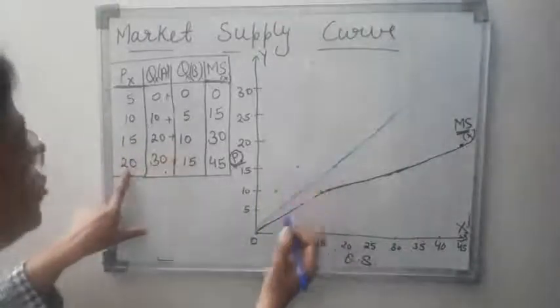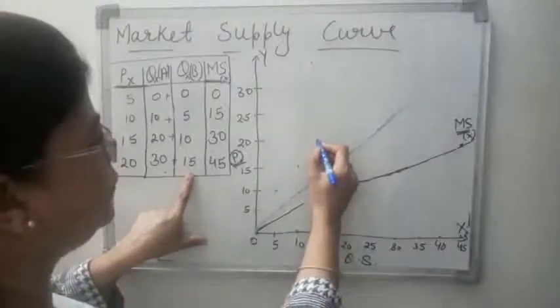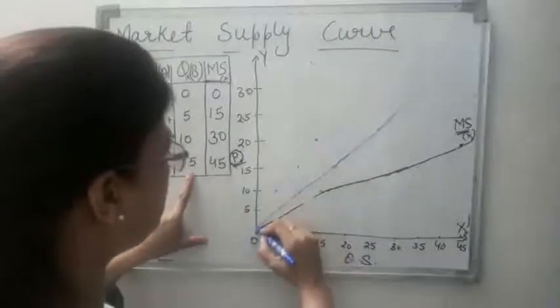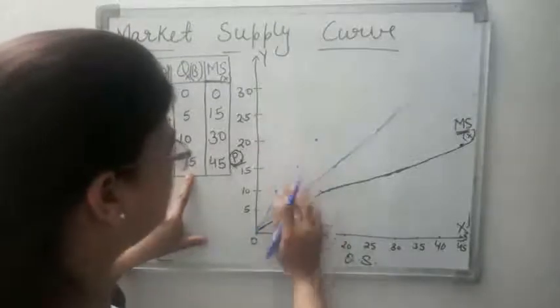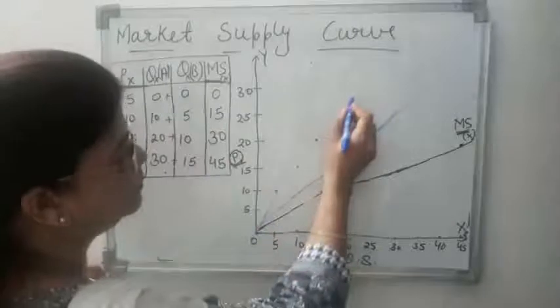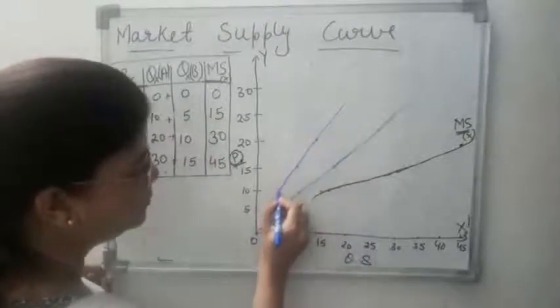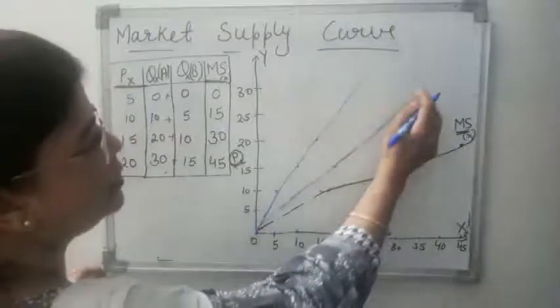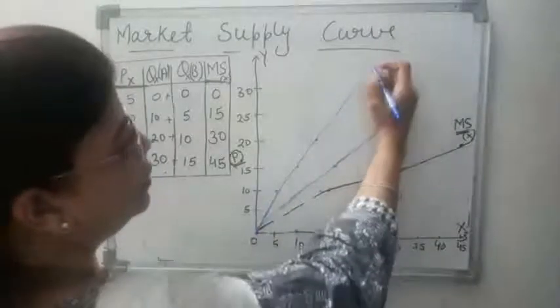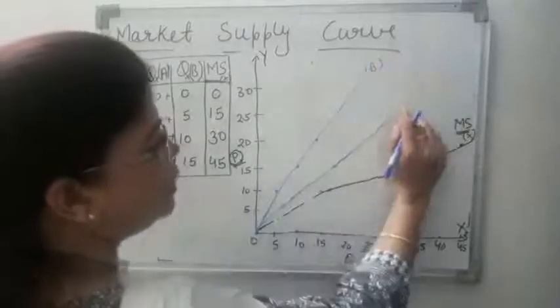When price is 20, quantity supplied is 15. So here we have got the curve of firm B, firm A,